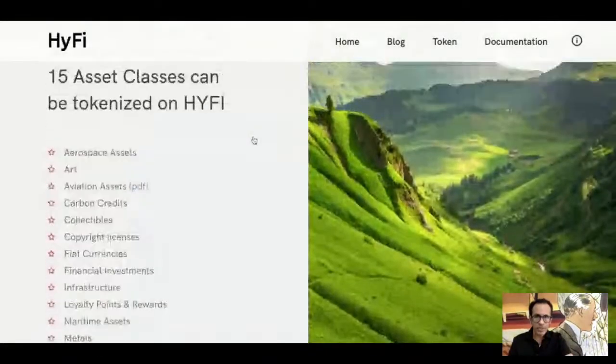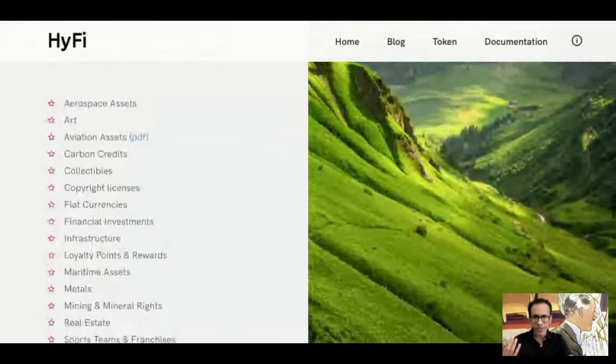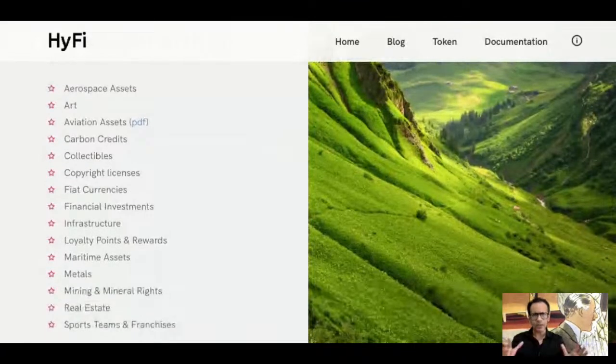So now, as I told you in this diagram, the first thing that we need to understand is what is the real world asset that is going to come into the picture when we talk about tokenization. So let me quickly share something on my screen. Give me a second. So here on your screen, you'll be able to see the list of 15 different asset classes, which I think are perfect for tokenization. The first one being